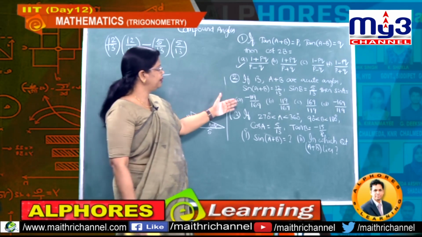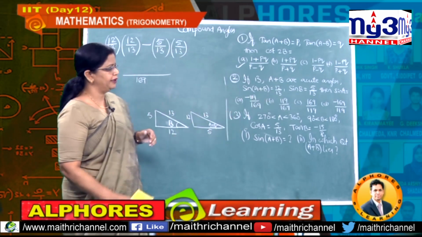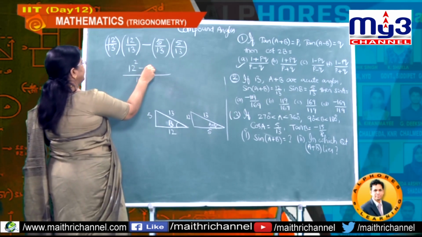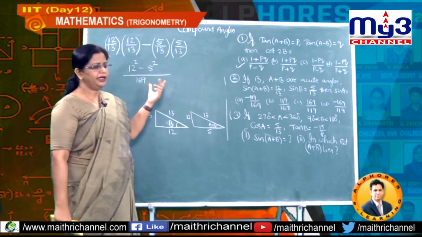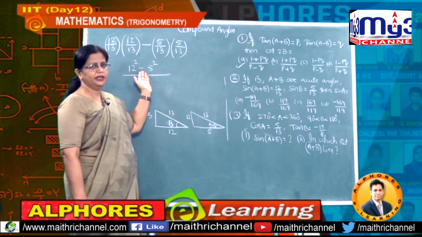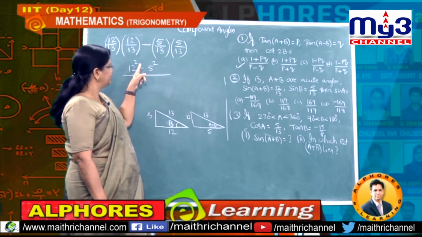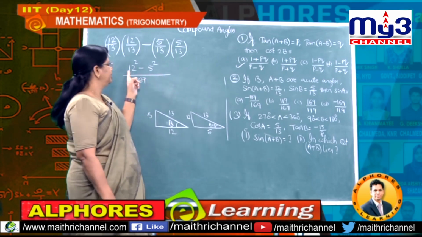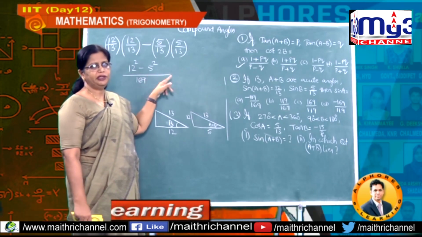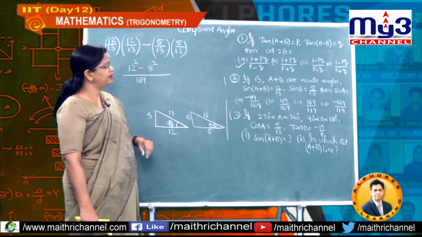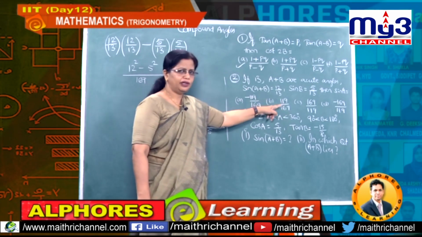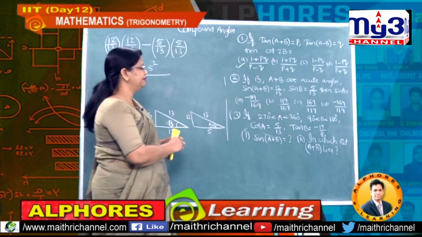Observe here two denominators given as 169, and next the numerator is 12 square minus 5 square. If you have a complete idea, you could write 144 minus 25. Otherwise, as I said earlier, a square minus b square, 12 plus 5 into 12 minus 5. That is 12 plus 5 means 17 and 12 minus 5 means 7, 17 into 7. So that is nothing but how much, students? 119. So 119 divided by how much you got now? 169. So this is our answer.